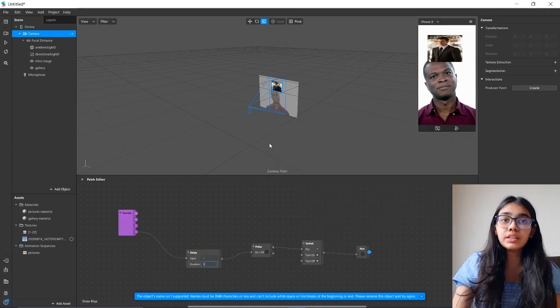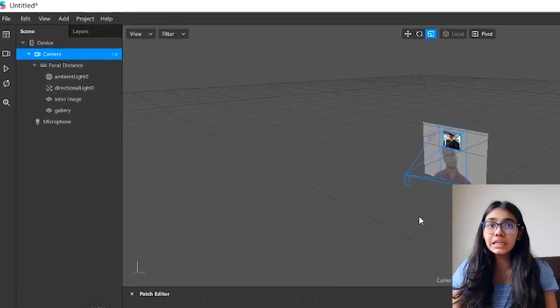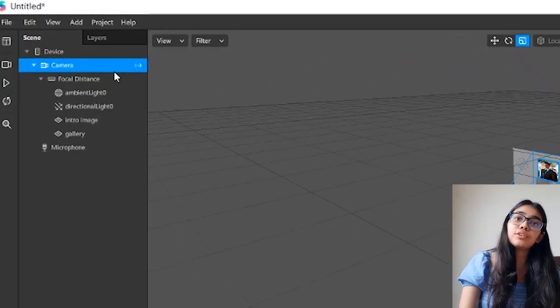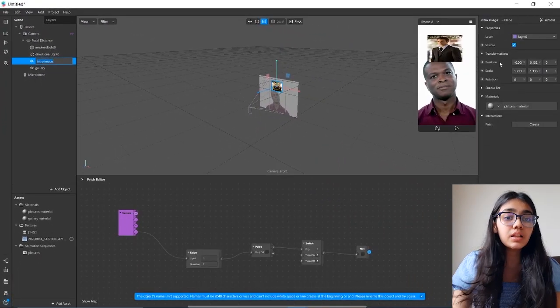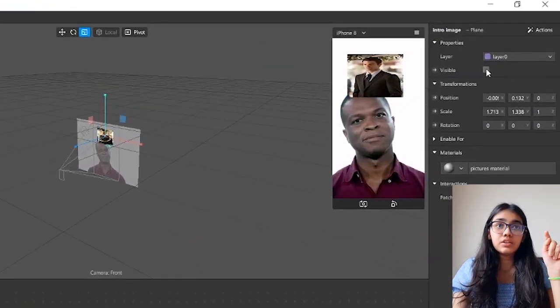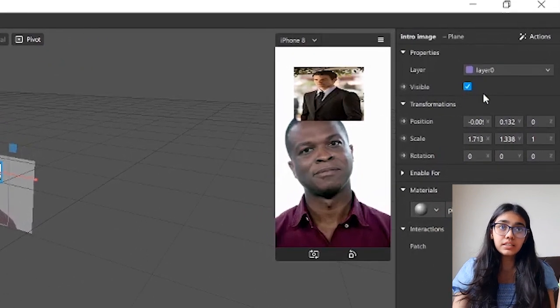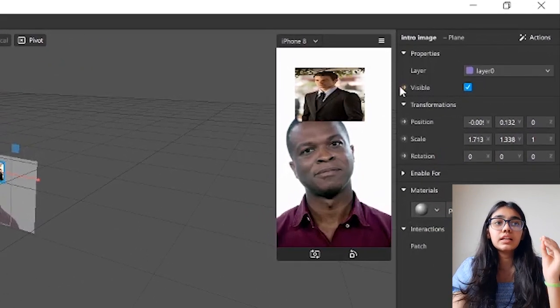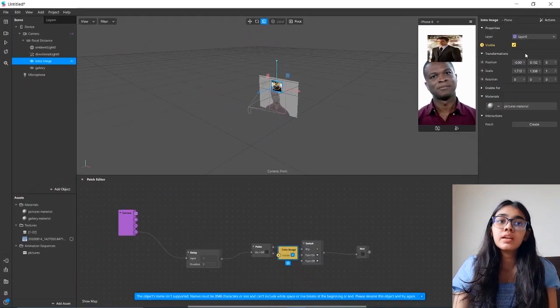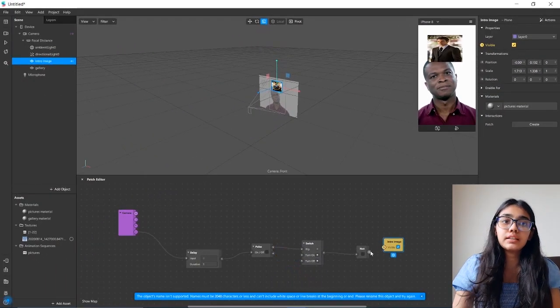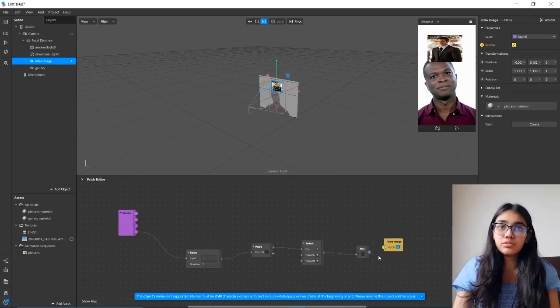After doing that you need to go to intro image and then go to your right panel where you will see an option of visible button. Just enable that first and then click the arrow near it, which will give you a yellow box, and connect it with the not node.